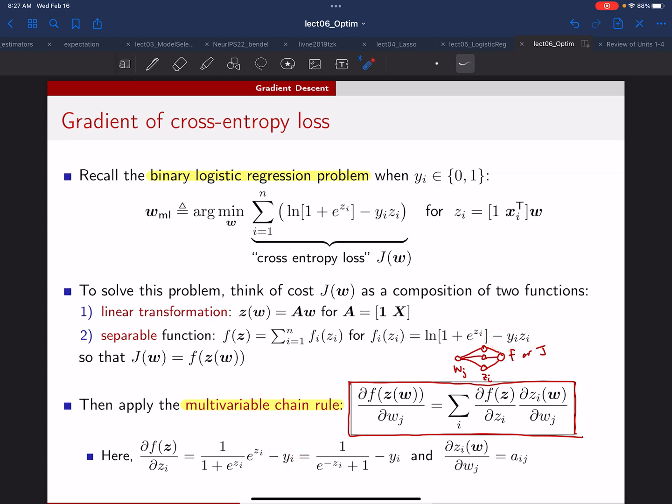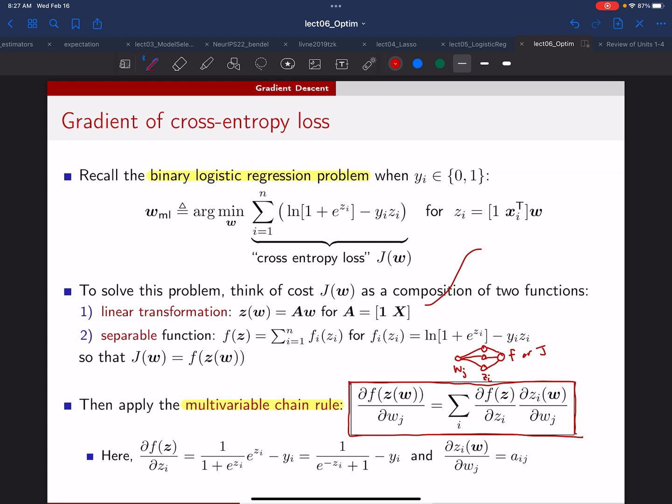Okay, and then with a little bit of rearranging, what we can do is we can maybe divide top and bottom by e to the zi if we want to write it like this, a little bit cleaner. Second question is, what is dzi dwj? So for this, we want to think about this equation over here, and maybe it helps to make a little